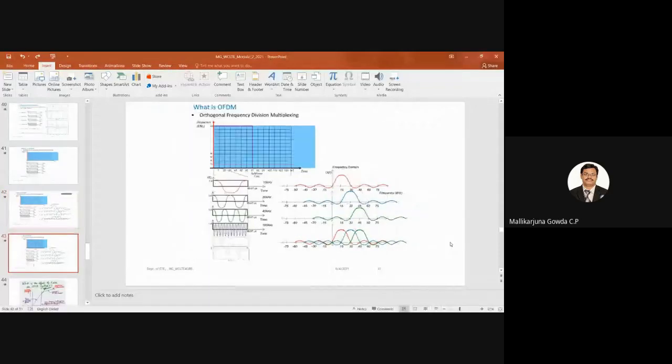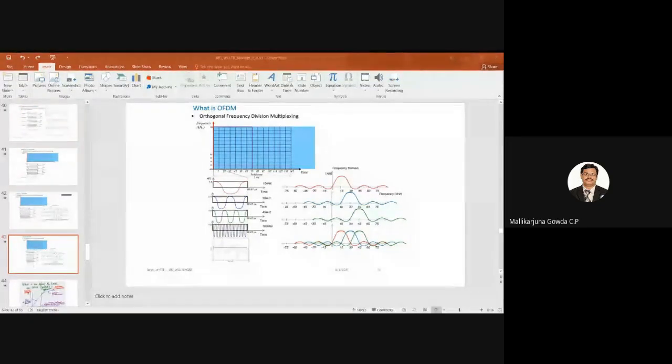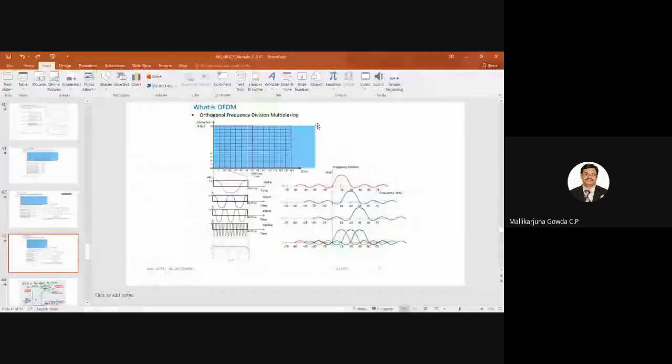I will come back to this slide later on. How many symbols there will be in one subframe and so on, I will take up next when discussing the frame structure. At least you should be able to visualize this diagram. Fine, I think with this, let me stop for today's